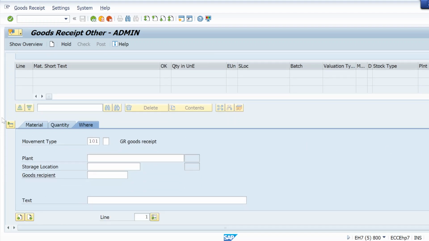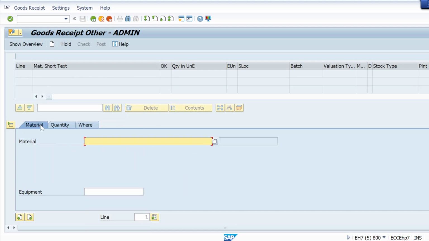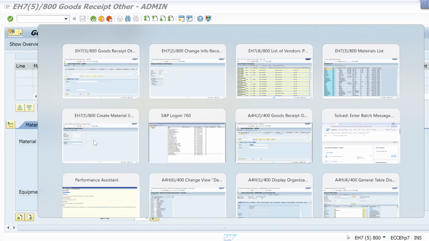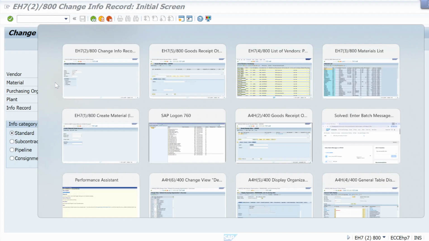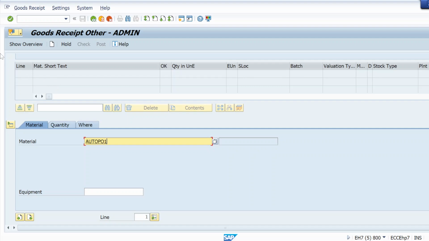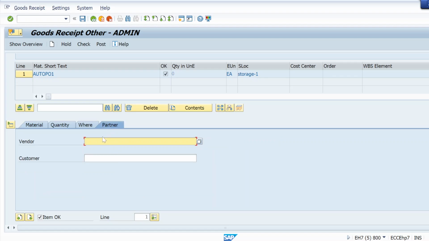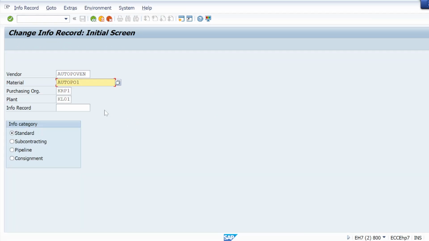No, 90 to 95% both are the same. Let me give plant, storage location, same screen, everything same. Material, let me give this material, auto PO1. Hit enter. Partner, let me give my vendor here, same as in the S4 system.